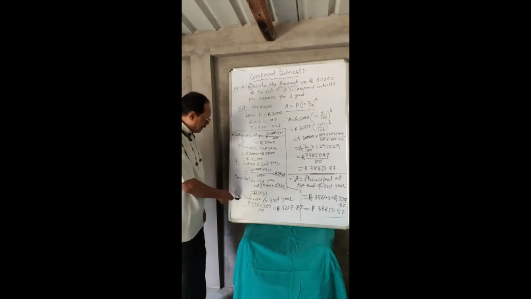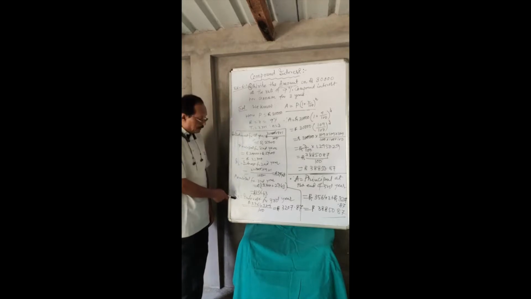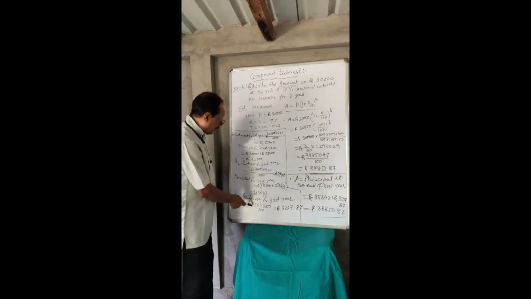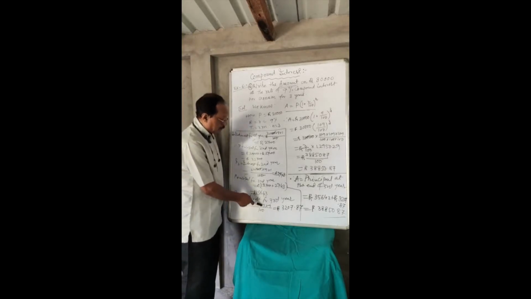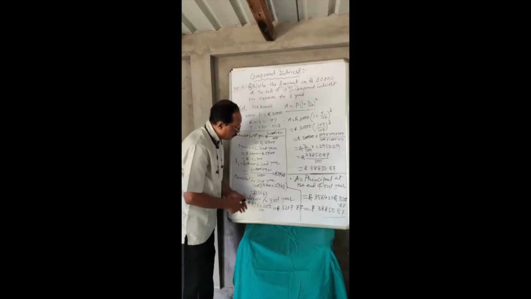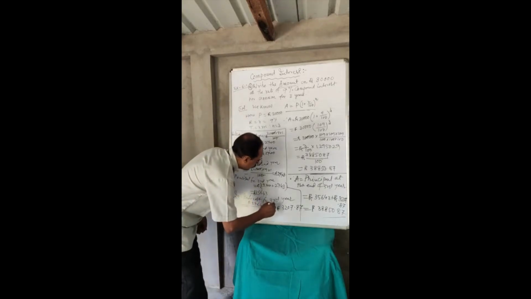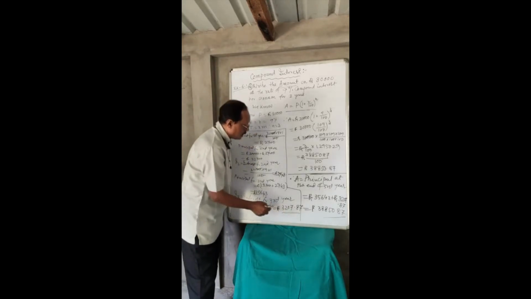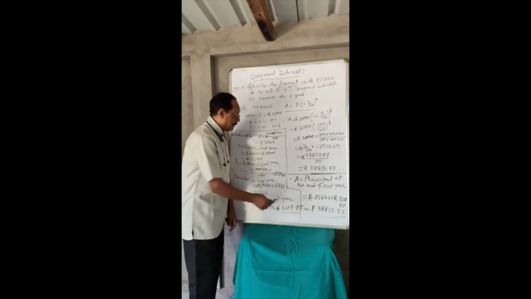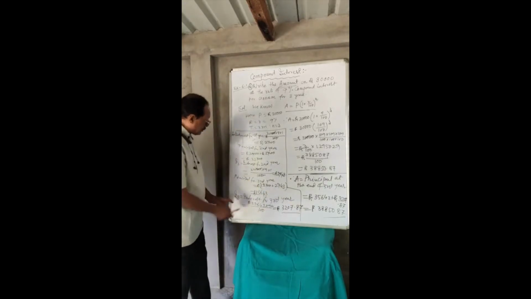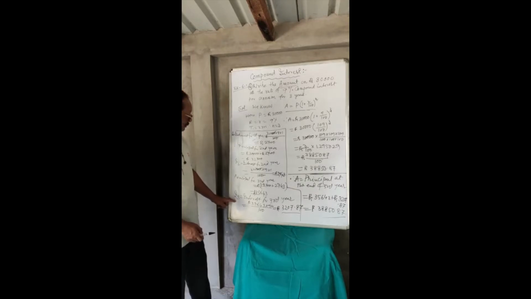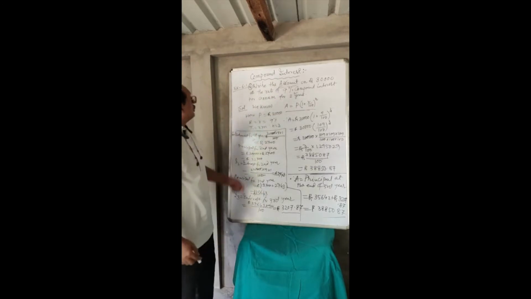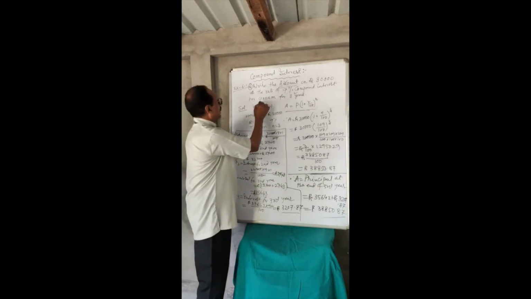And I3 is the interest for the third year, calculated over the principal 35,643 rupees. So 35,643 rupees, rate 9% for 1 year by 100, and calculating this, it will be coming as 3,207 rupees 87 paise. So this is the interest for the third year. Now we will calculate how much the amount will be after 3 years.